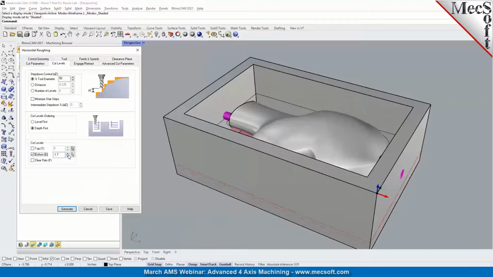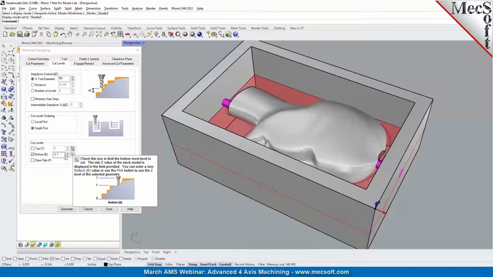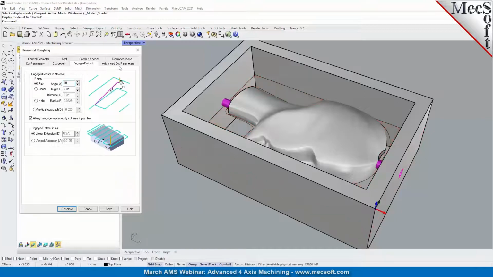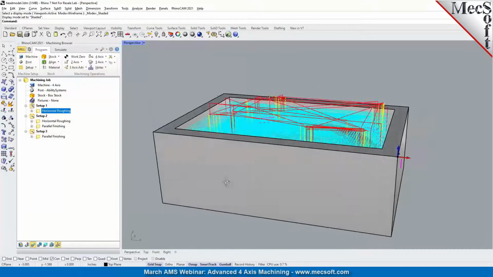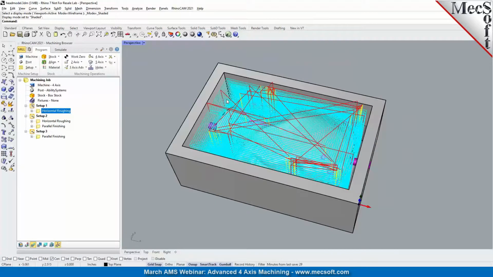not to cut past the mid plane, or maybe we can go slightly below the mid plane, so that when you machine it from 2 sides, there's no seam being left around the part when you rough it out from the 2 sides. You can either specify a cut level bottom, or you can insert a plane to also use that as your Z containment, and then specify your engage and retract parameters and any advanced cut parameters to generate your toolpath. So we now have generated a roughing toolpath, also known as horizontal roughing or Z-level roughing from